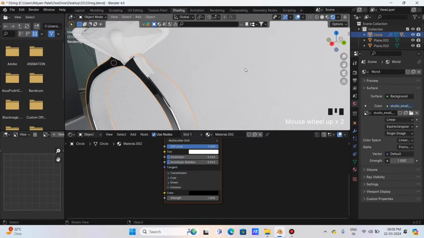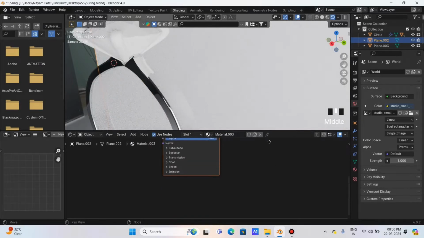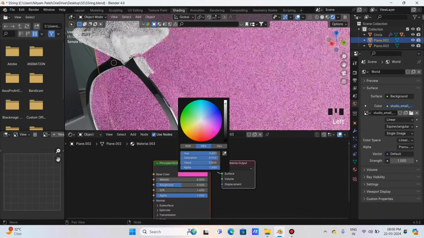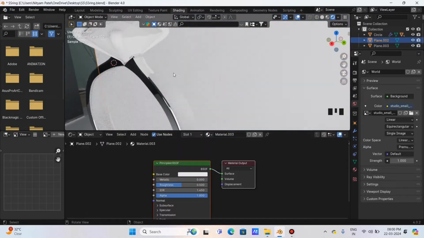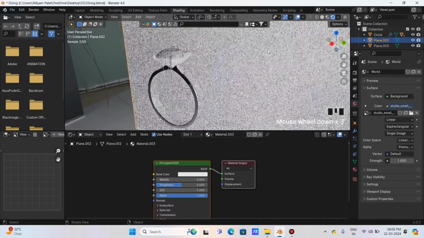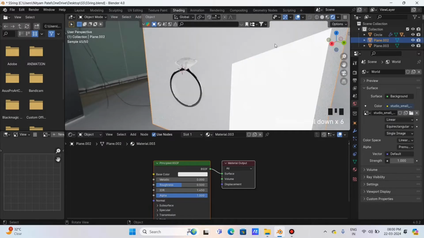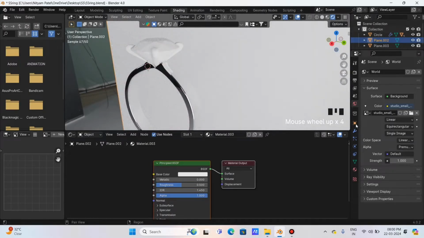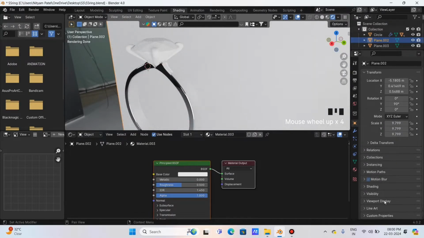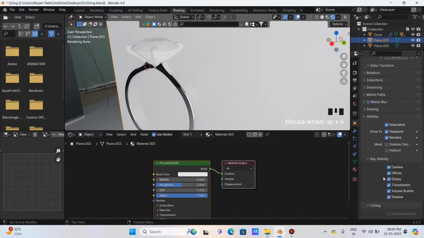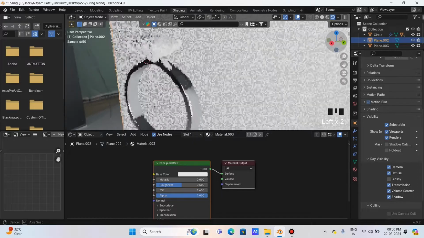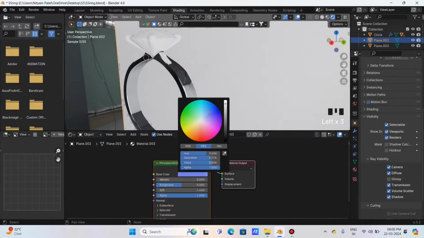but you can see that the white reflection is too much, which is the reflection of the plane behind. Look at this, if I change the color, the reflection will also change. So to eliminate the reflection of the plane, here I select the plane and go to the object properties, and in the visibility I uncheck the glossy effect. So you can see that the background plane of the light is totally eliminated, and the ring looks like